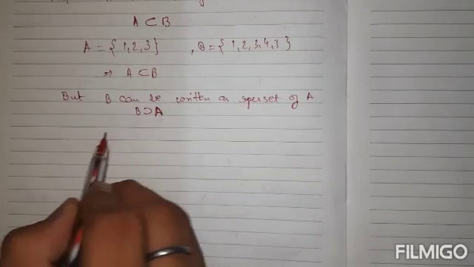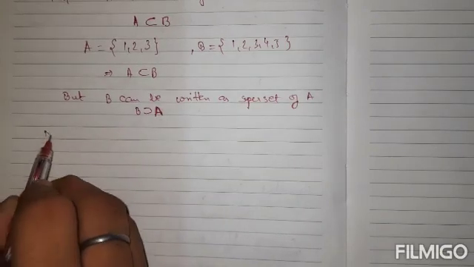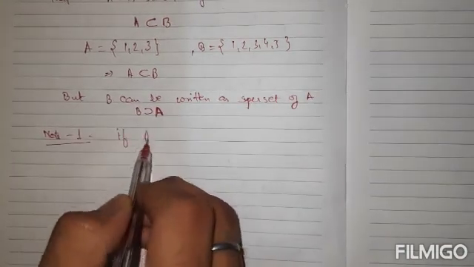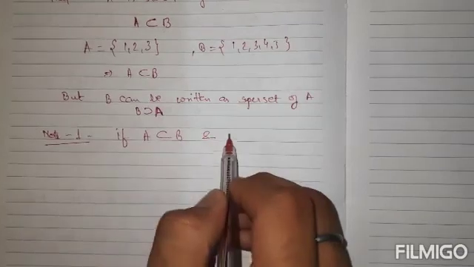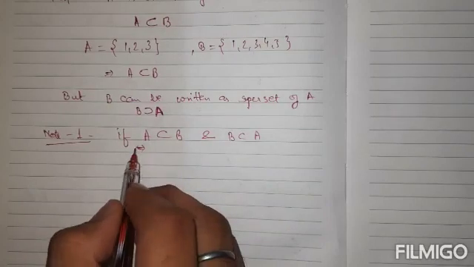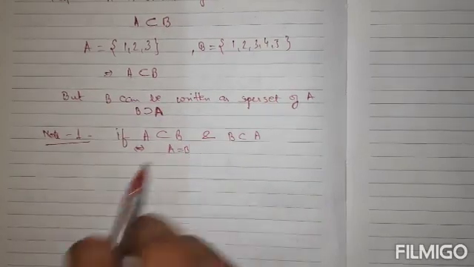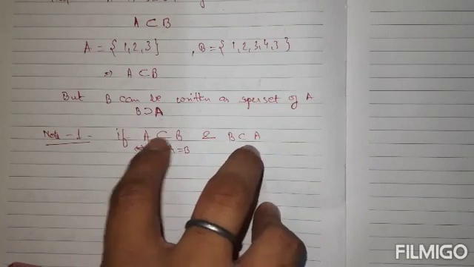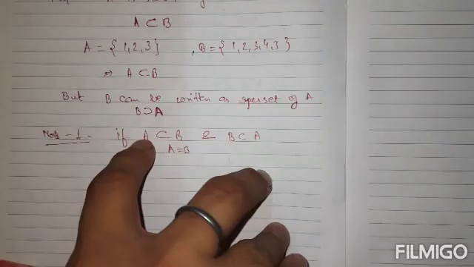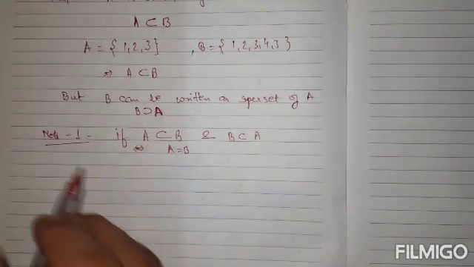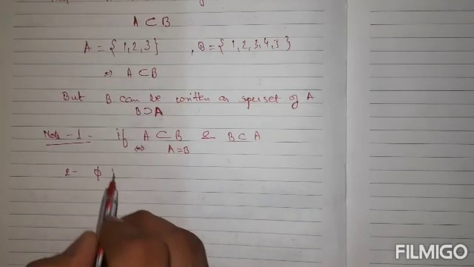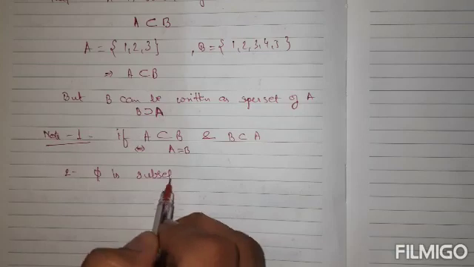Note number 1: if it happens that A is a subset of B and B is also a subset of A, then this double implies that A is equal to B. Double implies means, if A is a subset of B and B is a subset of A, this means A is equal to B, and inversely if A and B are equal, then A and B are both subsets of each other. Then note number 2, the second thing, that phi is a subset of every set